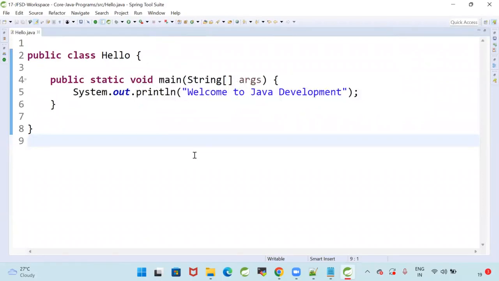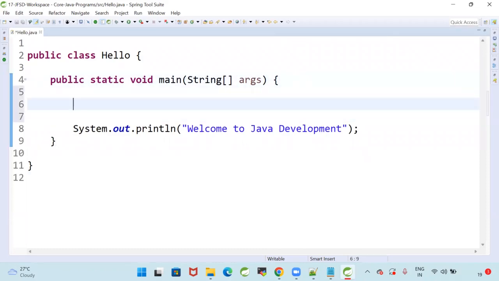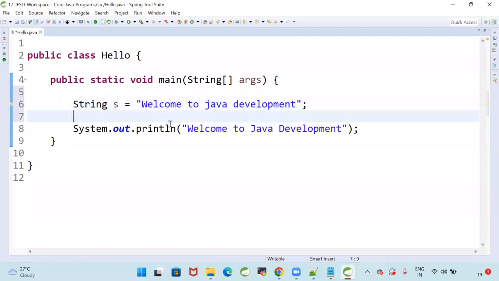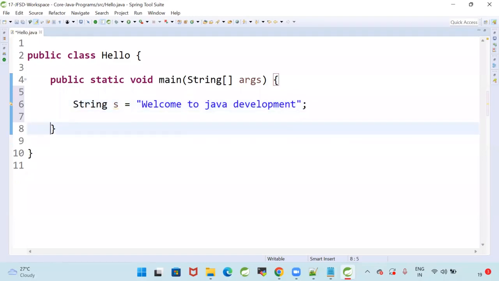Which one is easy? Developing the programs in Notepad, or developing the programs using an IDE? Developing the programs using an IDE is easy. For example, I'm taking one variable, String s is equal to "Welcome to Java development". When I use s dot,